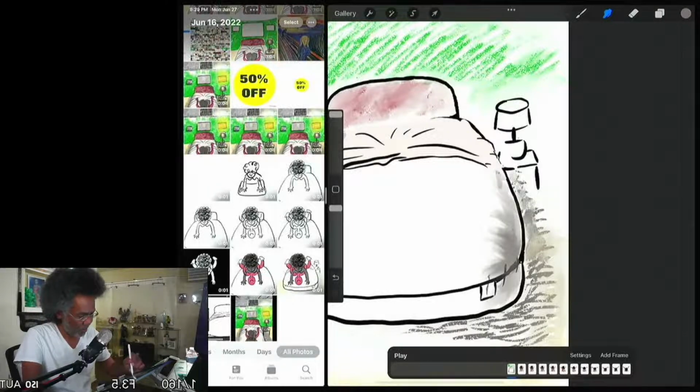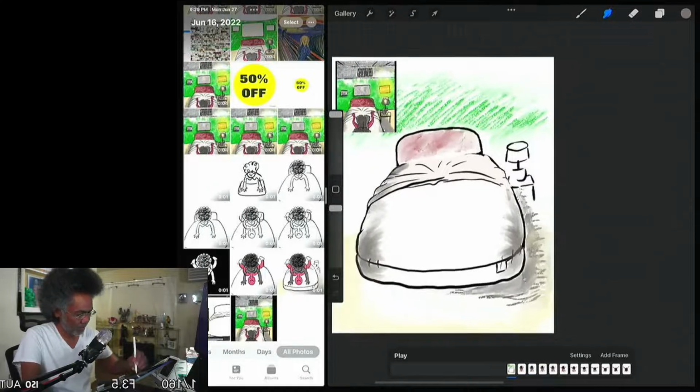So here I'm using my smudge tool. There we go. Smudge it out. Because actually, this scene is first. This scene will be first, then this scene will be after this scene. Because what's going on is he is,